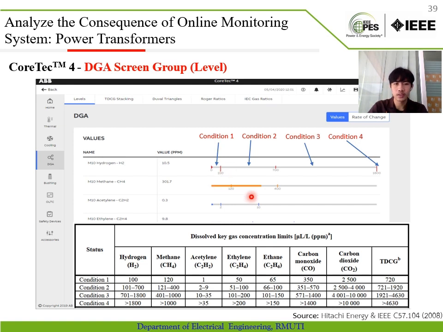Condition 1 is in normal operation. Condition 2, fault may be present. Condition 3, faults are probably present in this condition, so it needs immediate investigation. And condition 4, the total dissolved combustible gas exceeding this value. So if we still continue operation, the power transformer can fail, and it needs immediate check and maintenance within the